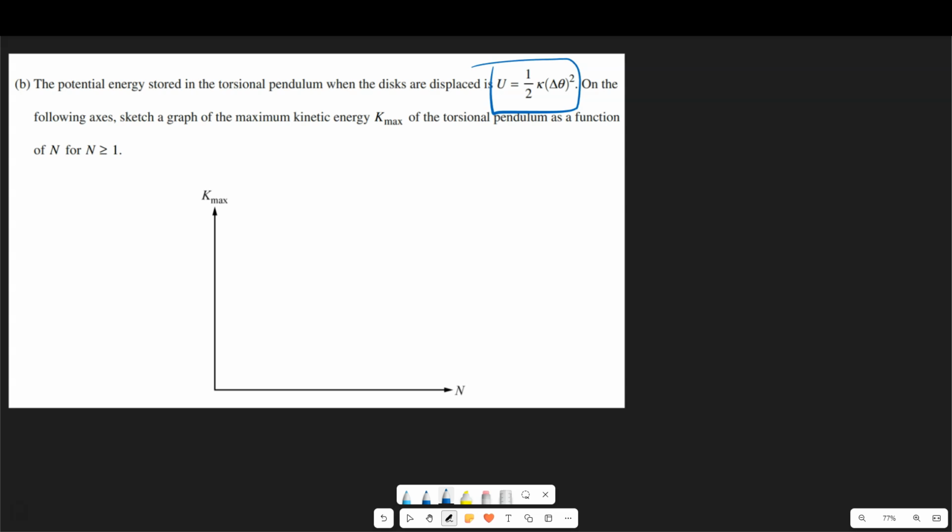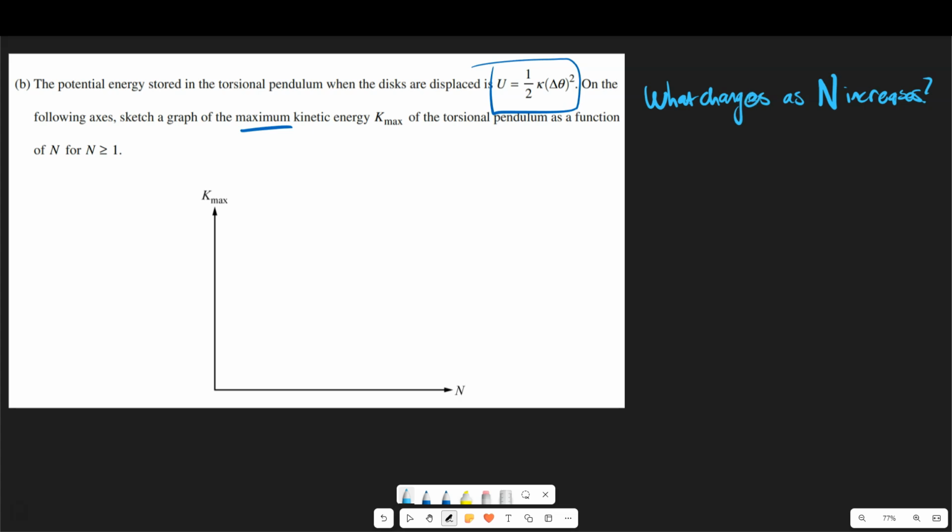On the following axes, sketch a graph of the maximum kinetic energy, Kmax, of the torsional pendulum as a function of n for n greater than 1. Alright, so it's really important that we notice we're talking about the maximum kinetic energy. And if you think about it, what has increased, or what changes